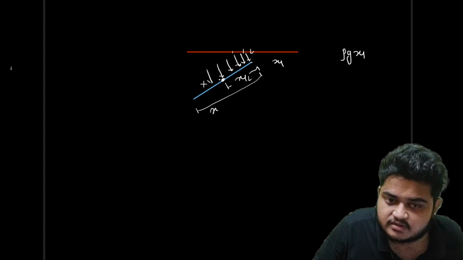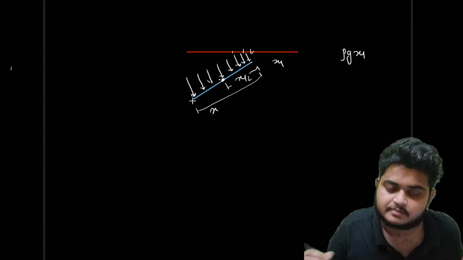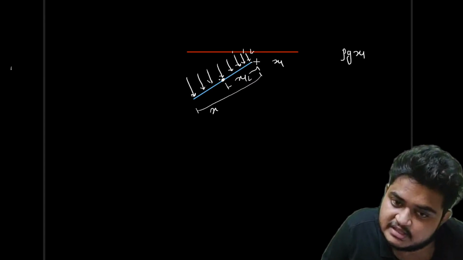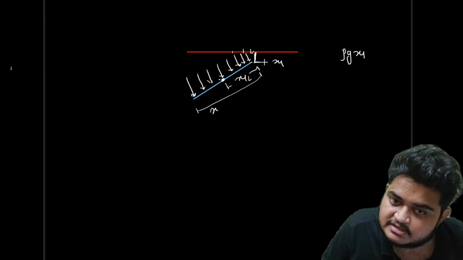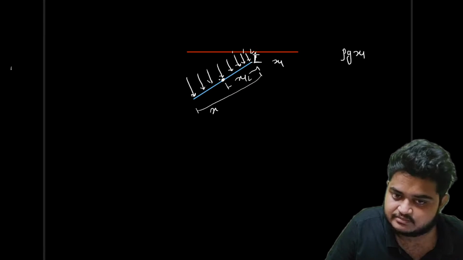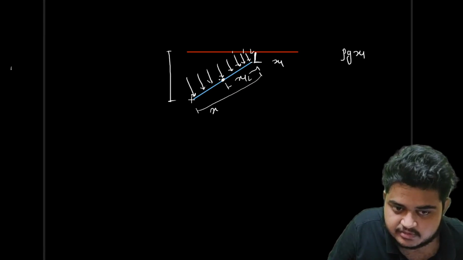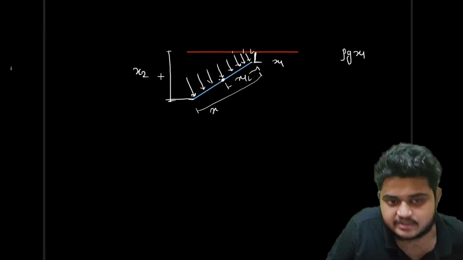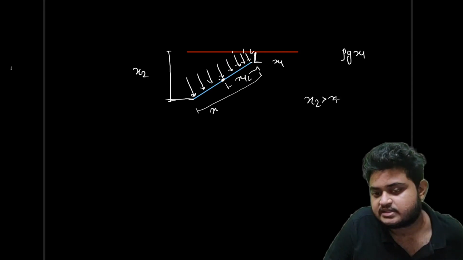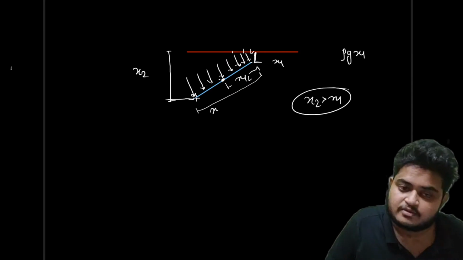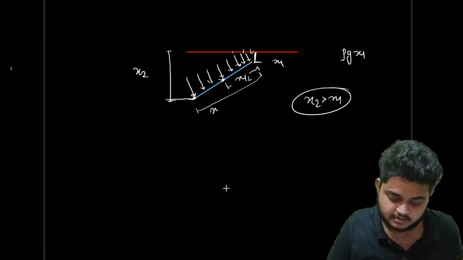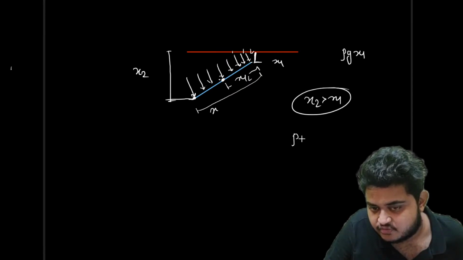This will be the pressure for that surface, that particular body. Now this height or depth is x1. Let us name this as x1. So what is this depth? This depth will be x2, and definitely x2 will be greater than x1. So if I want to calculate the pressure at the last point, it will be coming out as rho g